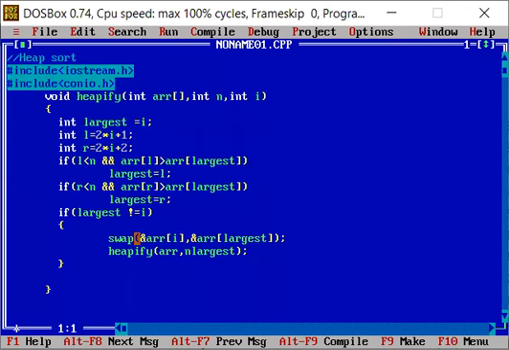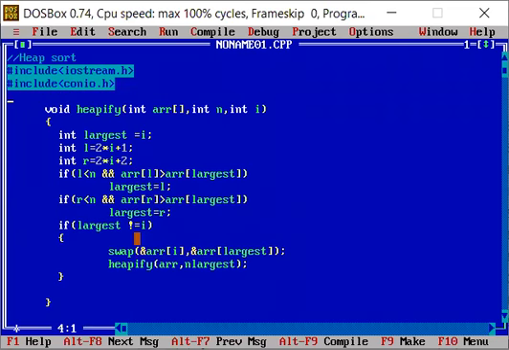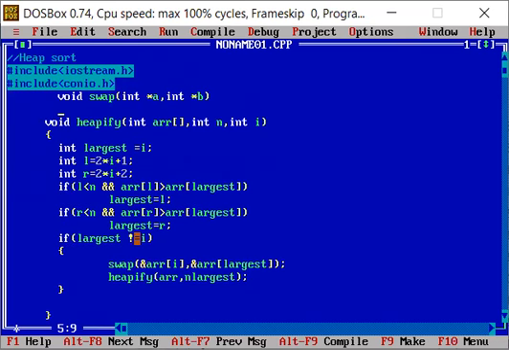So this is our heapify function. Now we'll create a swap function. We'll write void swap and take int star a, int star b, that is an asterisk sign or pointer that can hold the address.